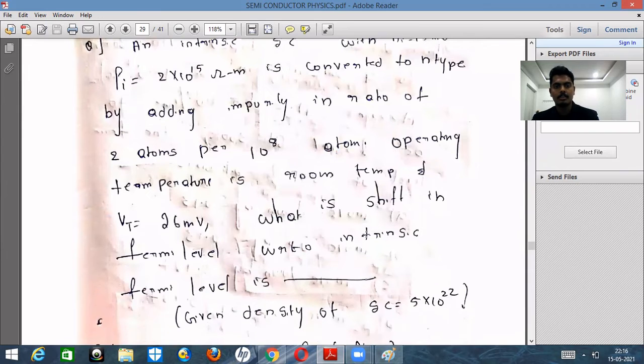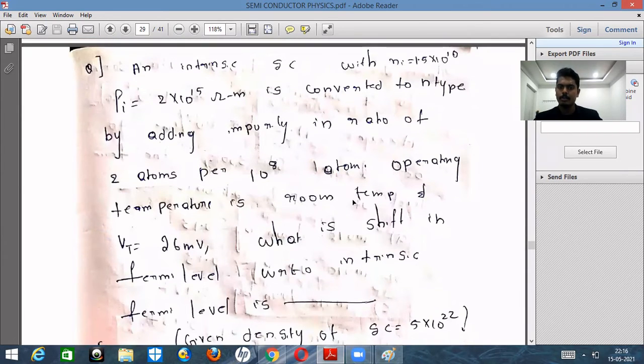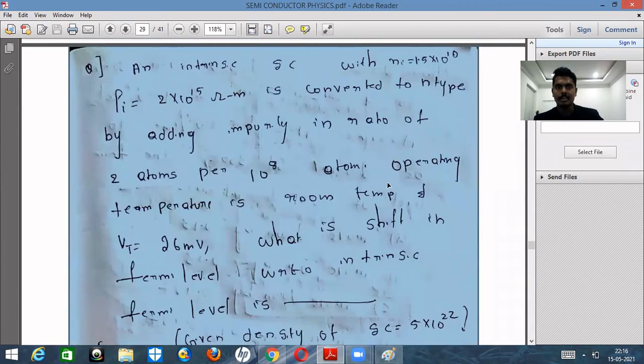You can see this question, right? Pause the video, note the question and simply solve it. If you are not able to solve this problem, then watch the solution. Find an intrinsic semiconductor with intrinsic concentration 1.5 into 10 power 10 and rho equal to 2 into 10 power 5 ohm meter is converted to N type by adding impurities in the ratio of 2 atoms